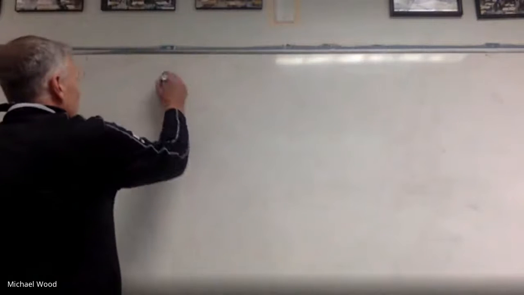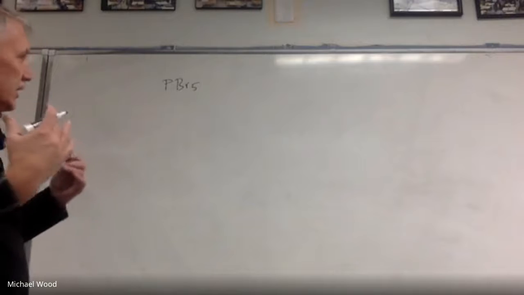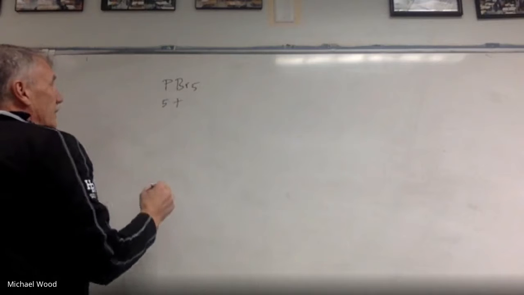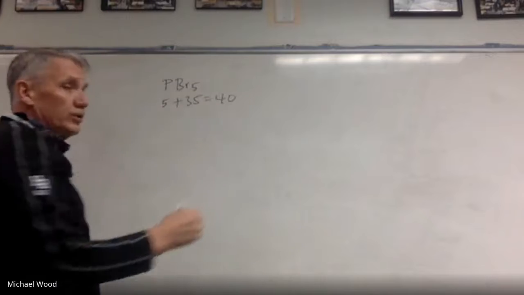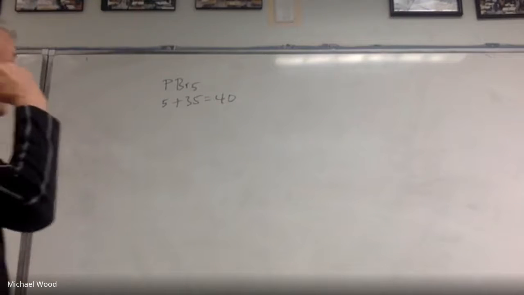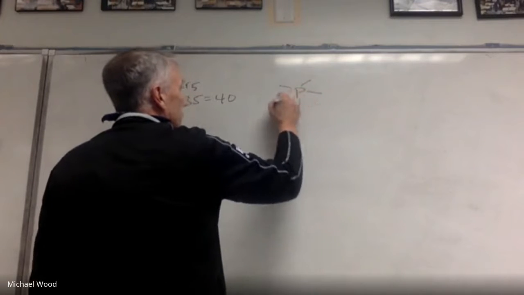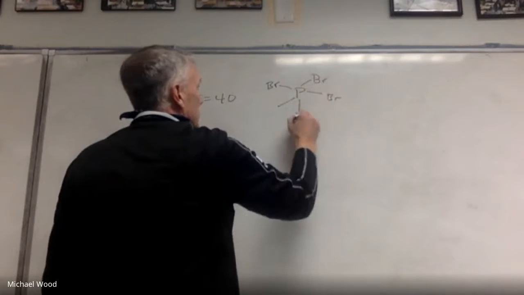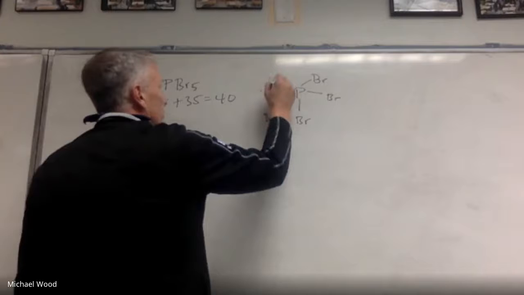So again, if I go back to my same processes, so PBr5. I'm going to do the same thing I was doing. I'm going to do the dots, count the electron domain. So phosphorus gets 5 valence electrons. Bromine, 7 times 5 is 35. So we get 40 total dots. So then I put phosphorus in the middle and the bromines around it. And then I fill the octets of the bromine.